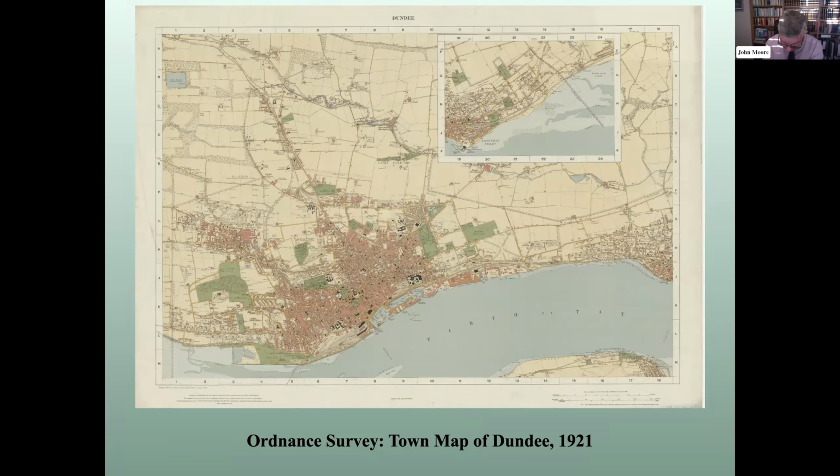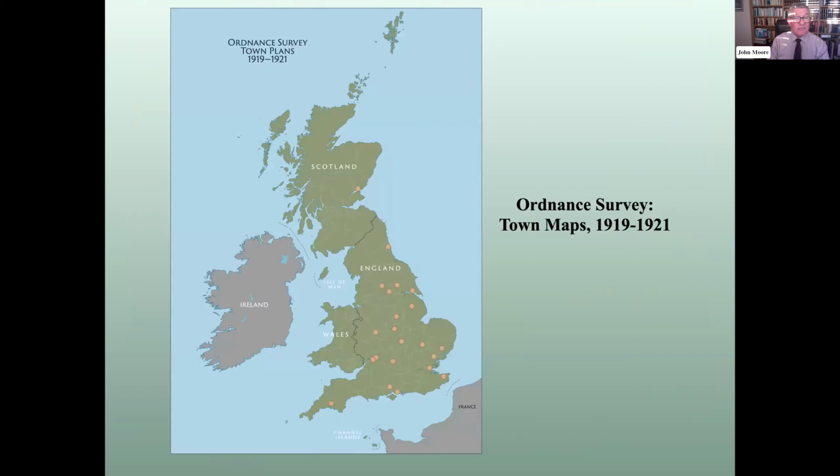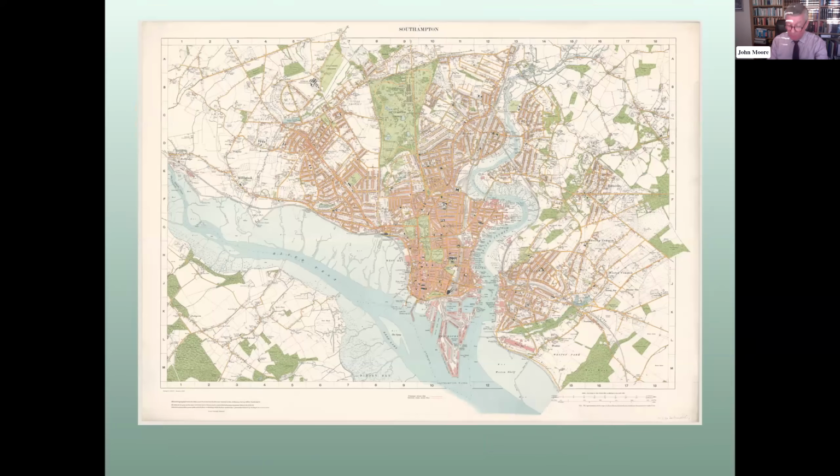And we can only speculate that the selection may reflect either a very proactive attitude by the local bookshops in certain places, or the enthusiastic sales pitch of survey staff working in these boroughs. Although these maps appeared within a relatively short time, some slight changes of style can be identified. The earliest maps, such as Leicester, Wolverhampton, and Kingston upon Hull, are characterised by a lack of colouring of the surrounding countryside. And we can see that actually in the map of Southampton.